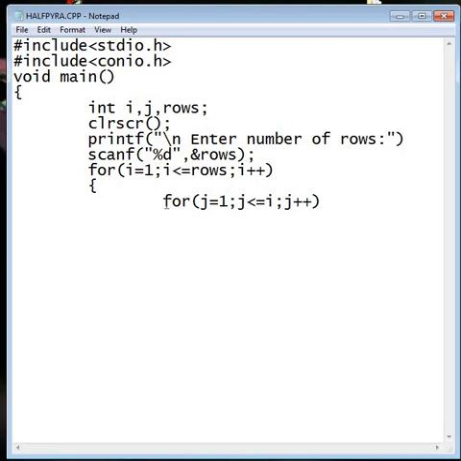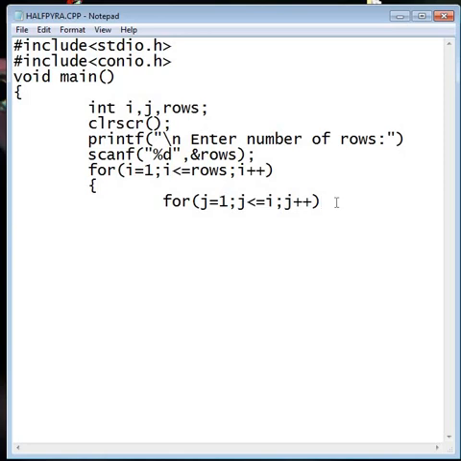So you can see that for the second loop the loop variable is j, initialized by 1, and the loop will continue until the value of j is less than or equal to i. With each execution of the inner for loop, the value of j will be increased by 1.